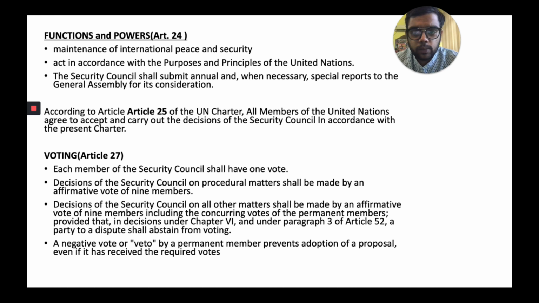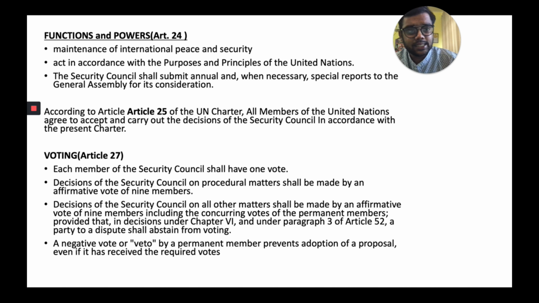Basically, for the purpose of getting a particular state to follow certain obligations, we use this Article 25. Now, I would like to use an example over here. Whenever there is an SC resolution which is passed, especially in recent cases with regard to the International Criminal Court, if there is a certain country which is not accepting the order or jurisdiction of the court,